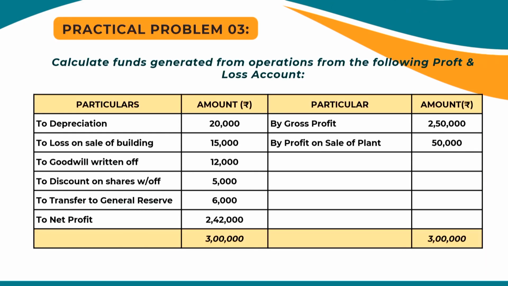Moving to the next step, the second step in financial statement analysis is the preparation or the computation of funds generated from operations, for which we use to prepare the adjusted P&L account, or we can say we can prepare it in the form of statement. So from this question we are required to calculate the funds generated from operations. So for that calculation,